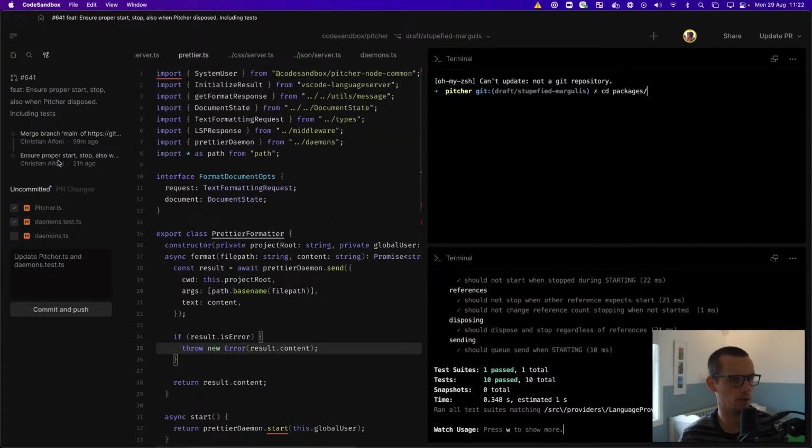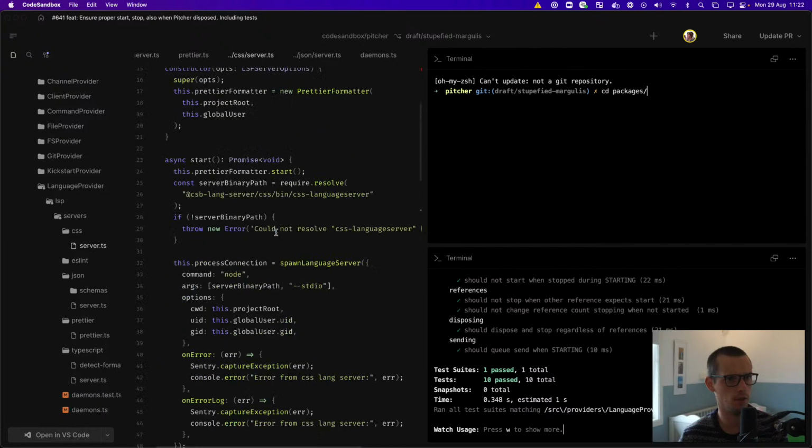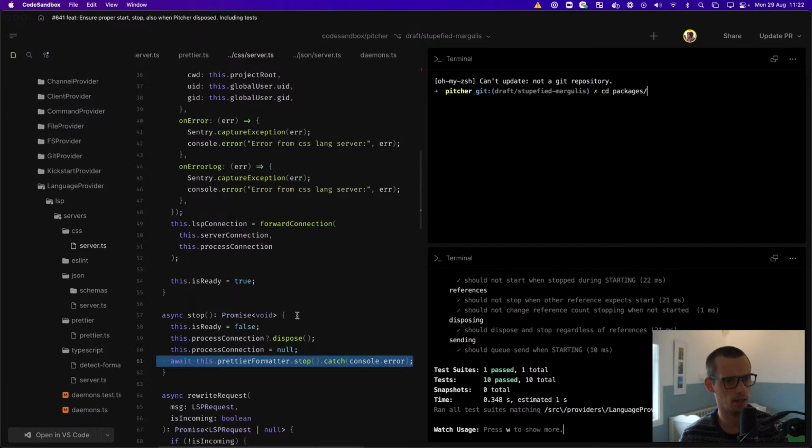So now we just need to, of course, update the code. So we have our CSS server, which now should actually take